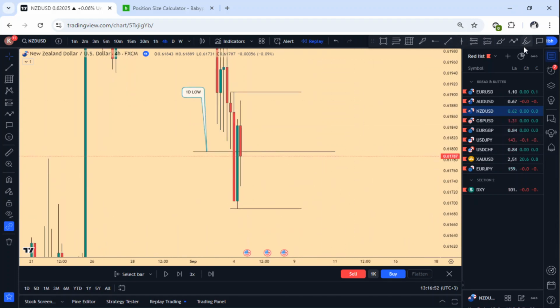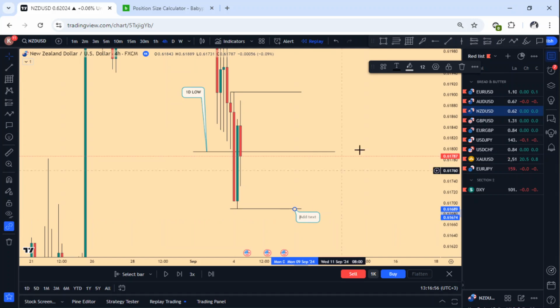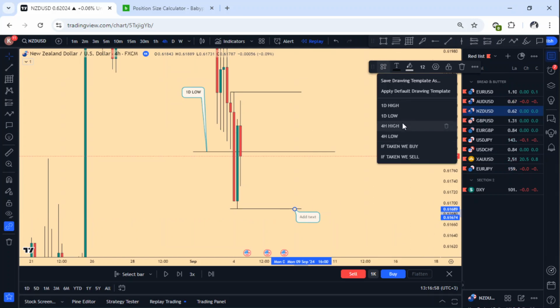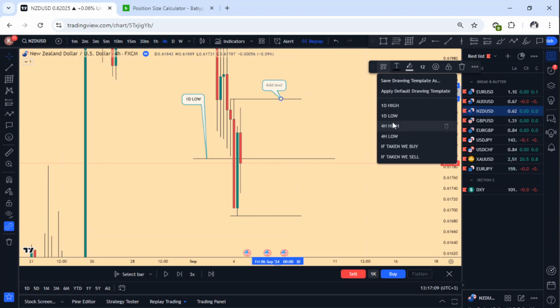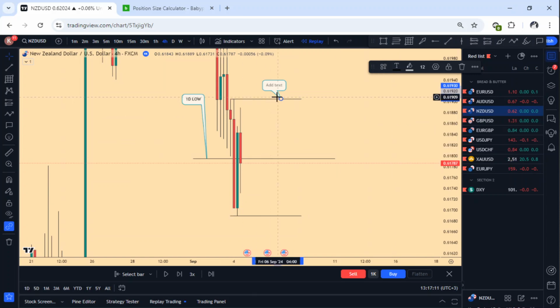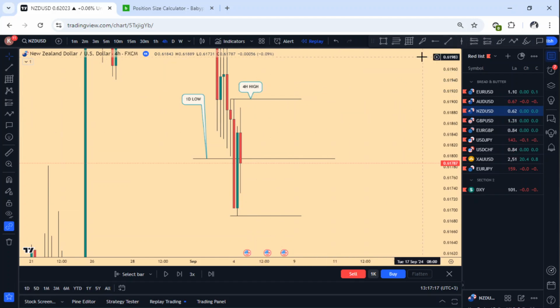So what am I expecting? I'm expecting that if this is my 4 hours low, a fractal low, and this is my fractal high. This is my 4 hours fractal high. So now again, what I'm expecting is if this high goes,